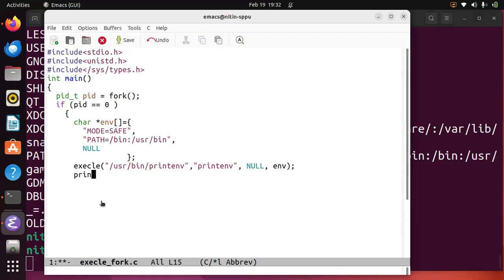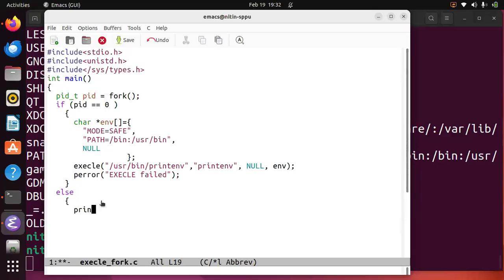Now if this doesn't work, then it should print an error using perror, like we already saw, execle failed, correct. Now else